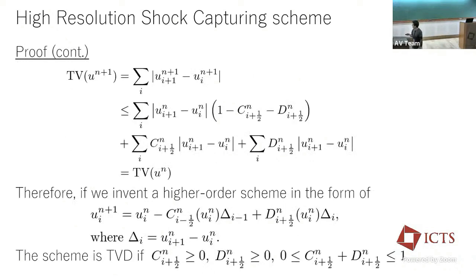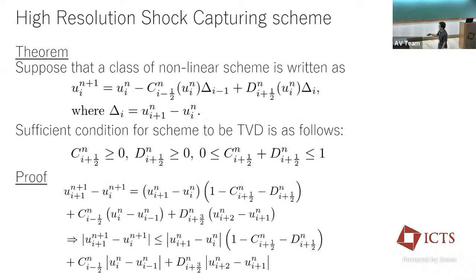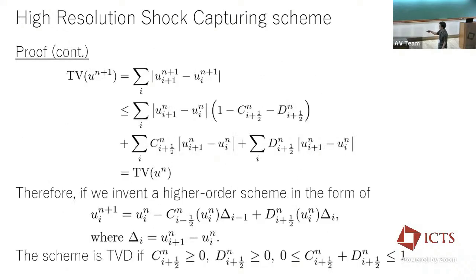So let's calculate the total variation at u^{n+1}. The definition of TV^{n+1} is given by this equation, where i runs from minus infinity to infinity. If you plug this inequality in here, you can write down the upper bound of the TV at u^{n+1}, which is given by this. Because i runs from minus infinity to infinity, these terms are cancelled. These terms are nothing but the total variation at the time step n, right? So you can prove that